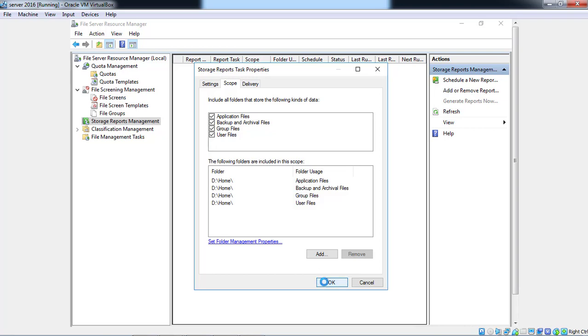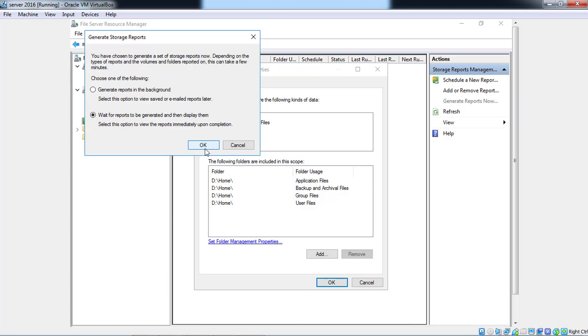Then click OK and wait for the report to be prepared.